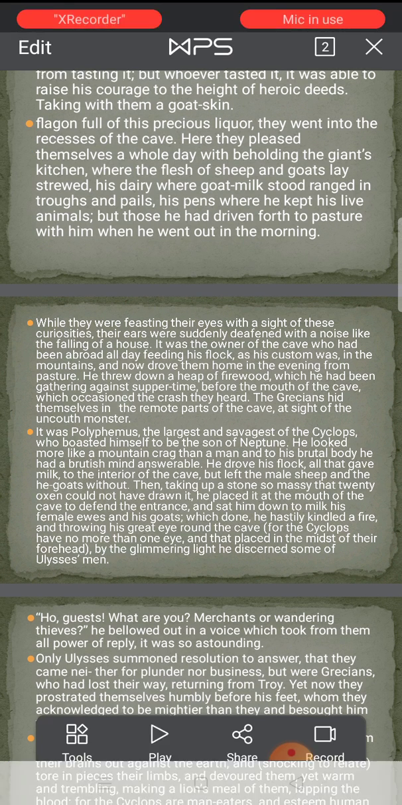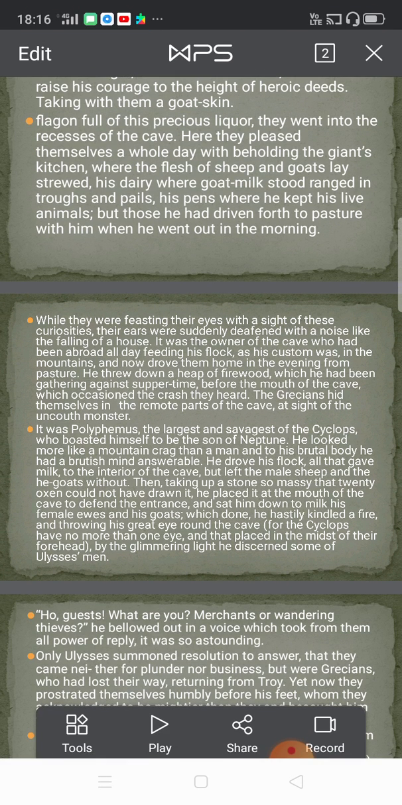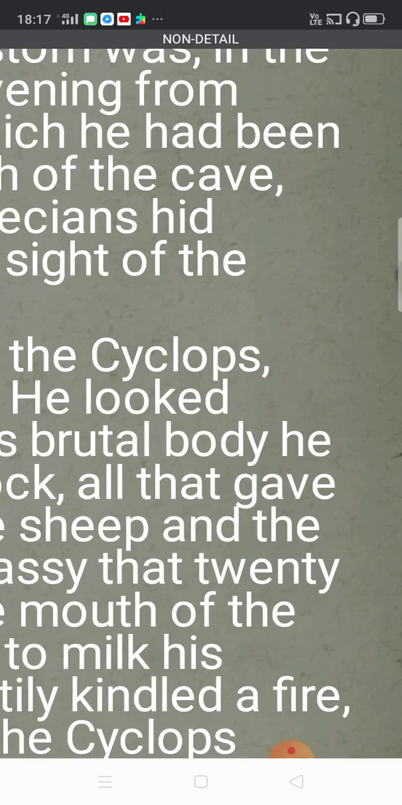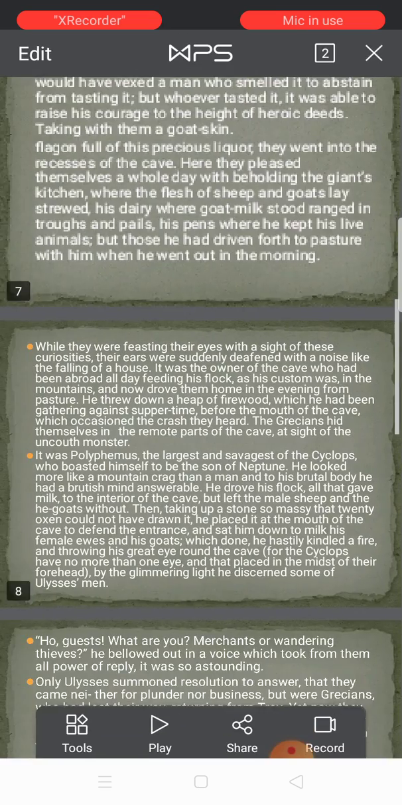And throwing his great eye round the cave, for the Cyclops have no more than one eye, and that placed in the midst of their forehead, by the glimmering light he discerned some of Ulysses' men. And next,